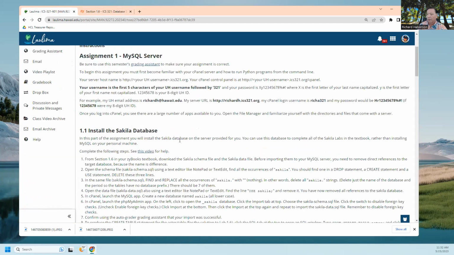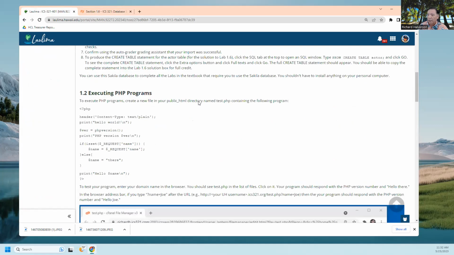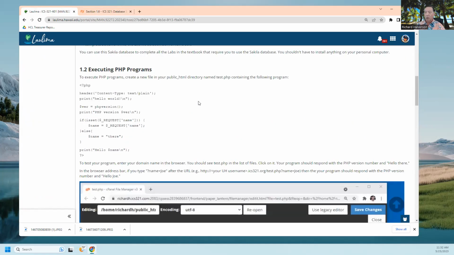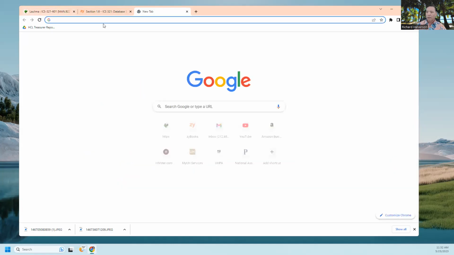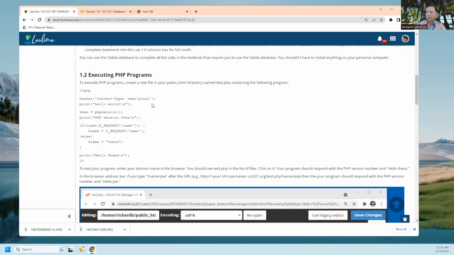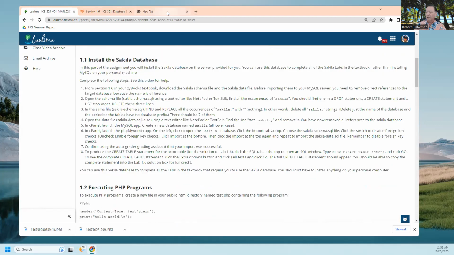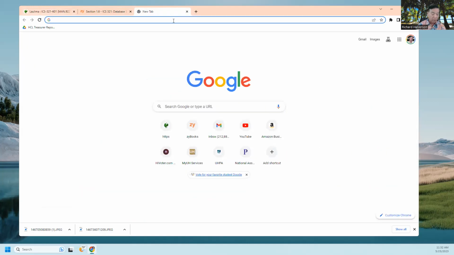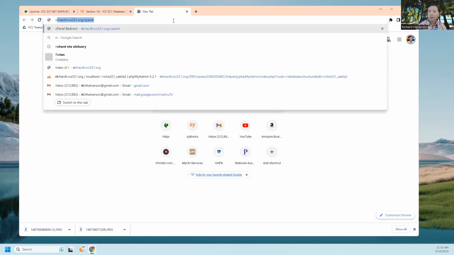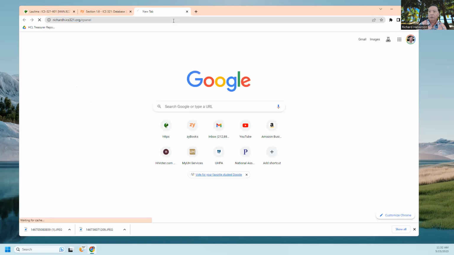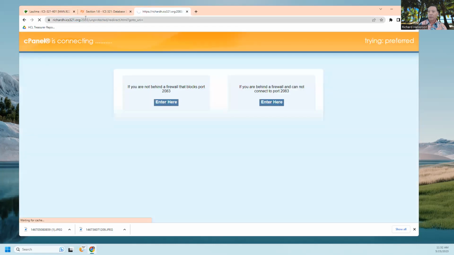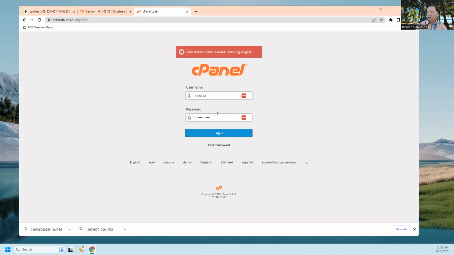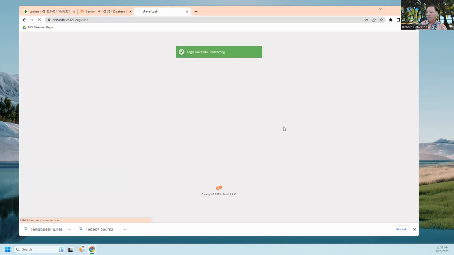This first one here, we've done. Okay, executing PHP programs. First of all, let's log into our server, and I tell you how to do that up here. If you've already done the first part of the assignment, then you know about this. I go to Richard H at ICS321.org, my login is this, and then I click login,